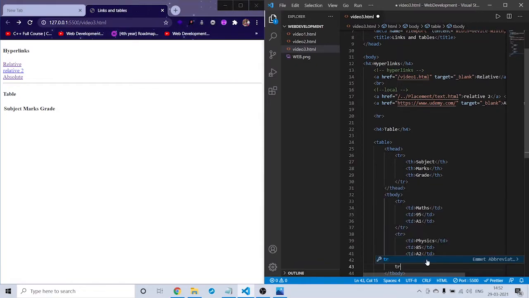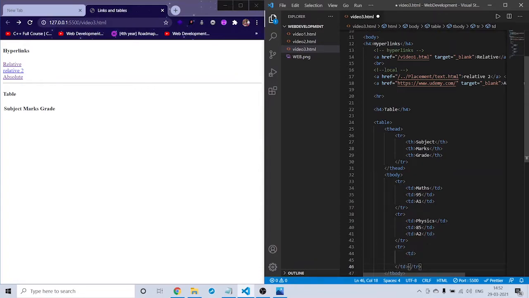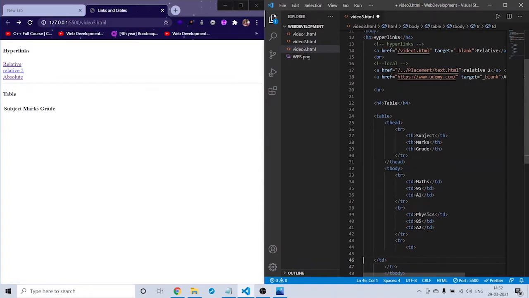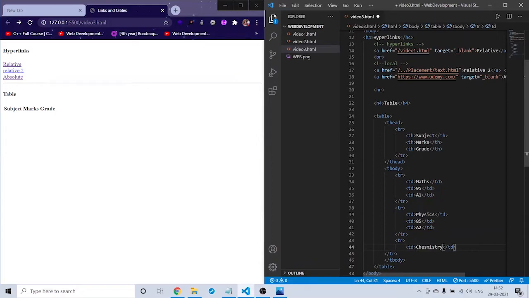And again tr, and in that again td, and here it would be chemistry, and marks would be 75, and this would be b1.